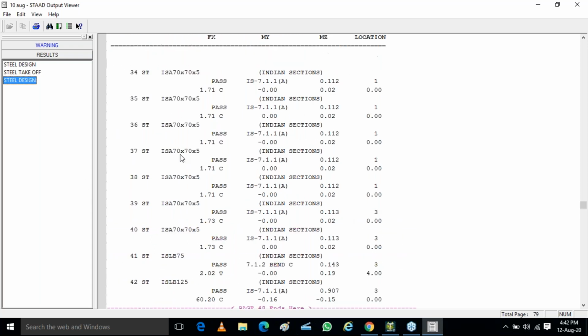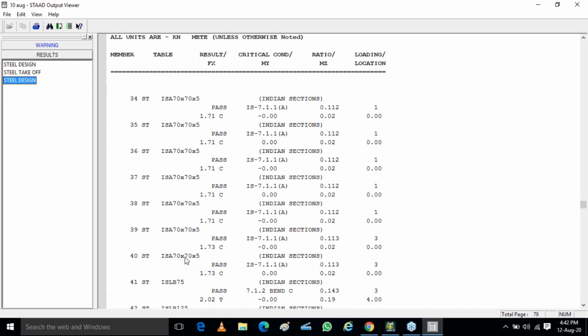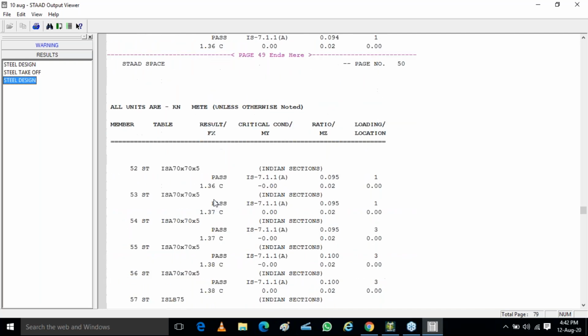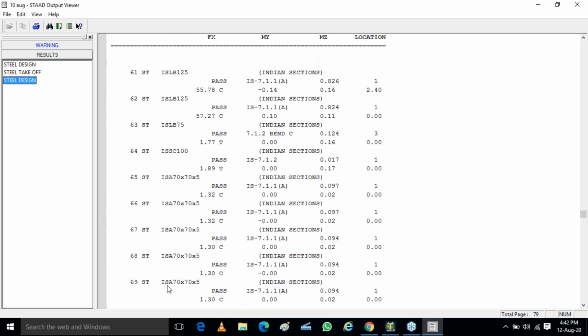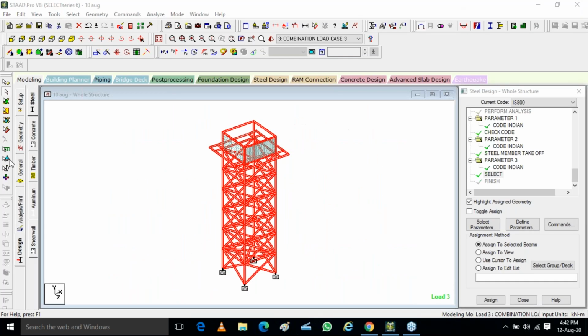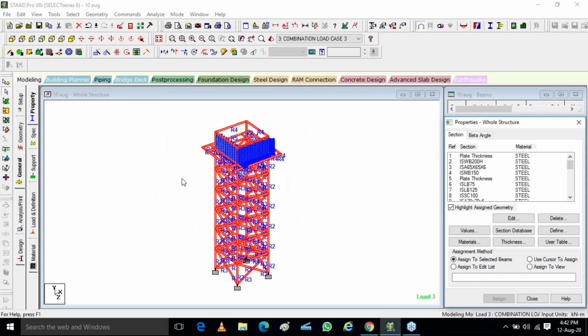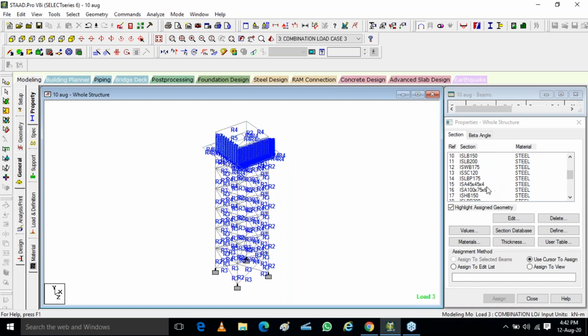Other members are also telling like 770 into 5. Then maybe if you increase some loads, you will have more members. Here also you can see 770. So these will be passing. But in another way STAAD will also select those members for you.